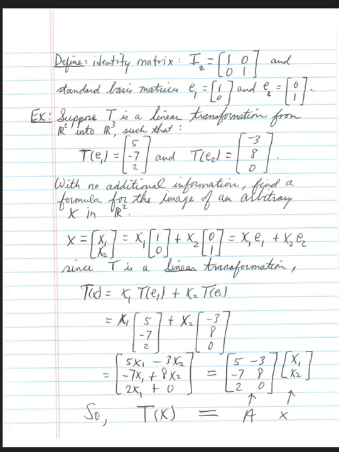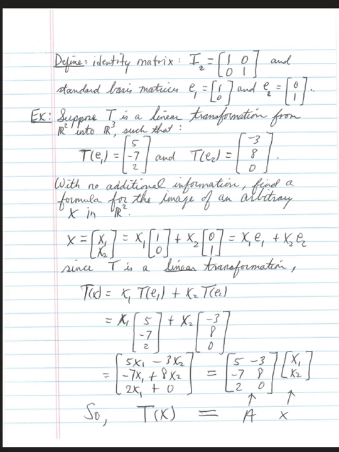Example: suppose T is a linear transformation from R2 into R3 such that the transformation of E1 is equal to this 3 by 1 vector, and the transformation of E2 becomes this vector. These are the images of E1 and E2. With no additional information, find a formula for the image of an arbitrary x, instead of E1 or E2, just any x